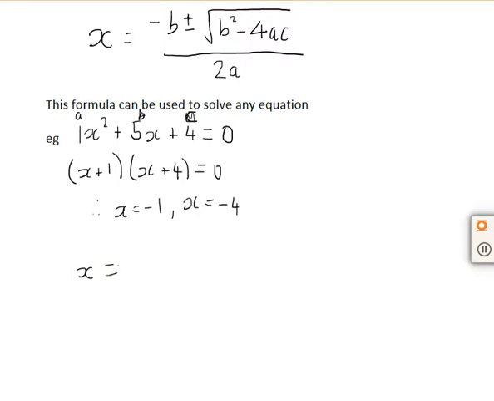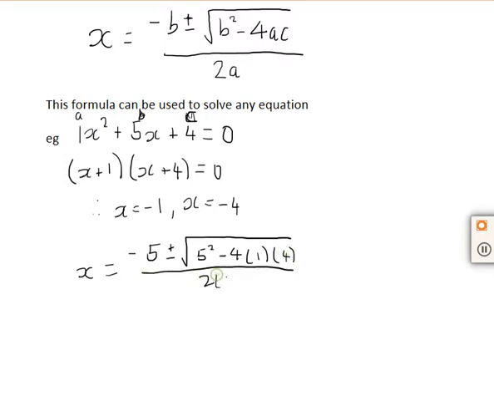Substituting back into the formula, it's negative b, so negative 5, plus or minus, that's what that sign means, the square root of b squared. So b is 5 squared, minus 4, a, which is 1, and c, which is 4, all over 2a, which